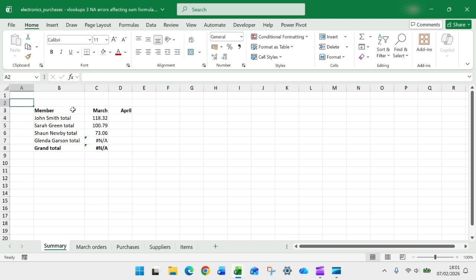In this example, we're building a report to show the total purchases for each member of our online electronics store, month by month, beginning March. On row 7 there's an NA error because one of the customers hasn't made any purchases in the month of